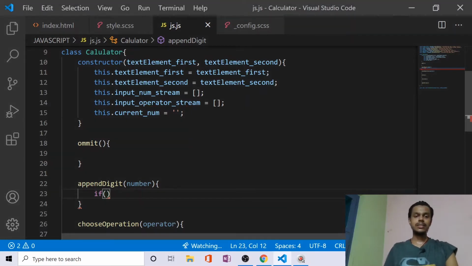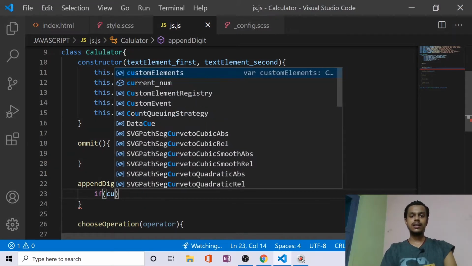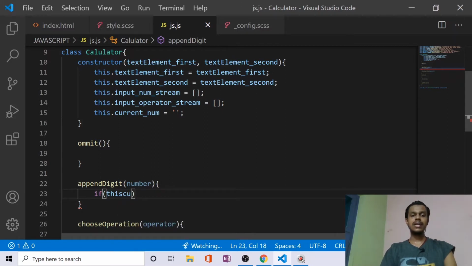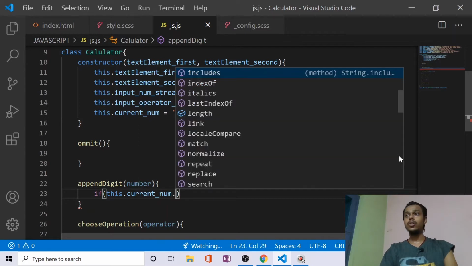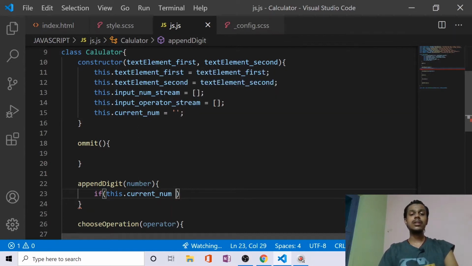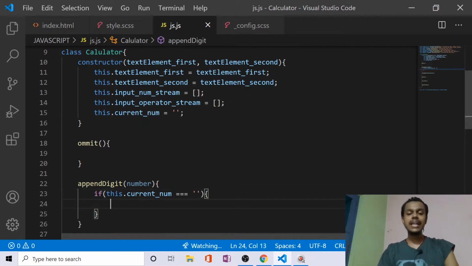So let me select that with this dot current num. Okay, so if this dot current num is equal to an empty string, that means if that is empty, and this will be empty